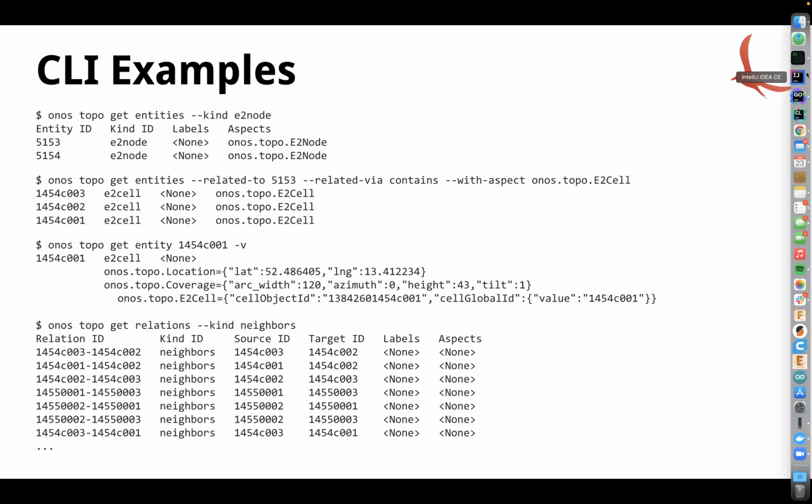And I definitely, I don't know when we're going to get to it, but I still want that CLI